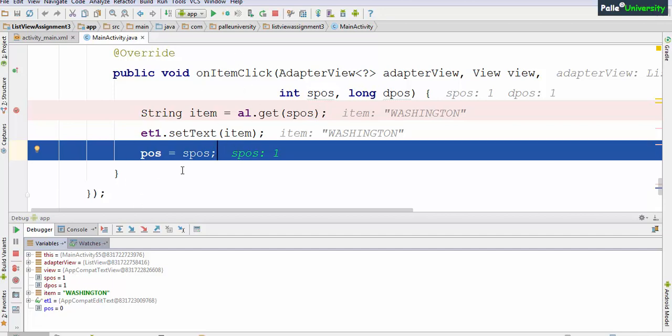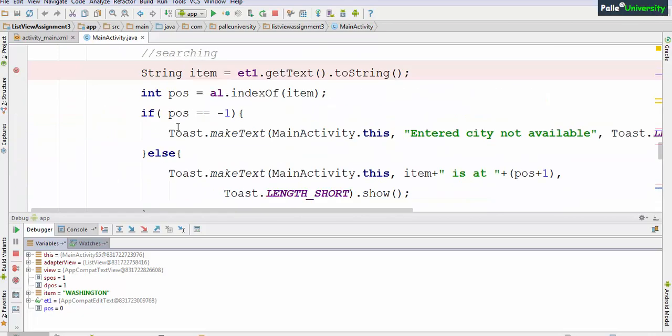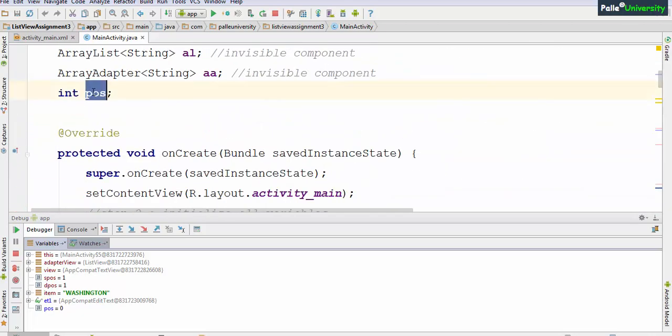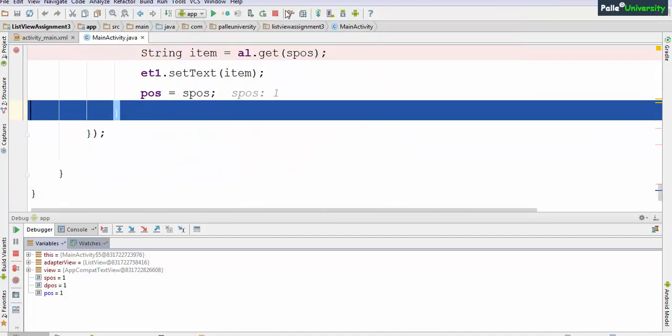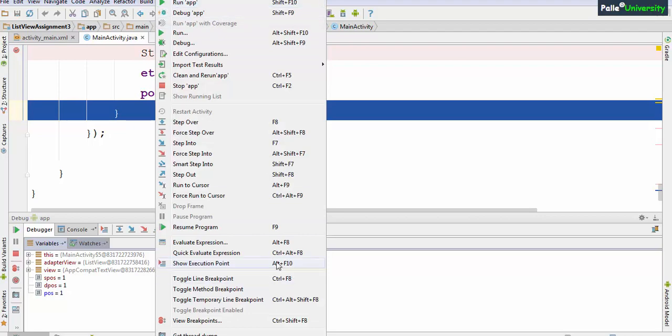Once you go out of this method, that variable will be dead. So we should take a backup of this position in one more variable. That's why I have declared one extra variable at the start of the activity. Currently position is 1, and now POS will become 1. Observe. Now let me run the application completely by pressing F9.